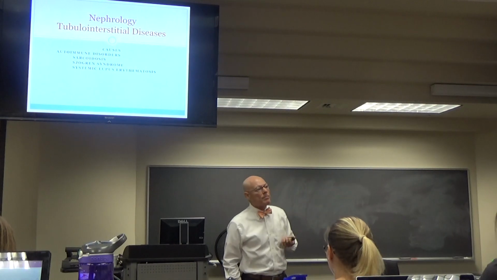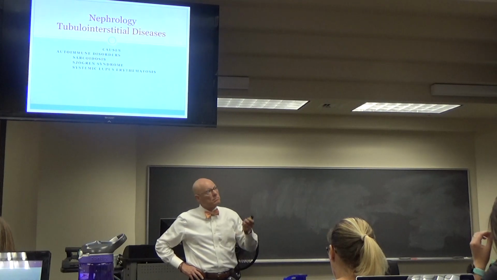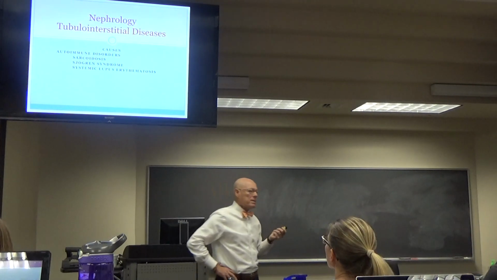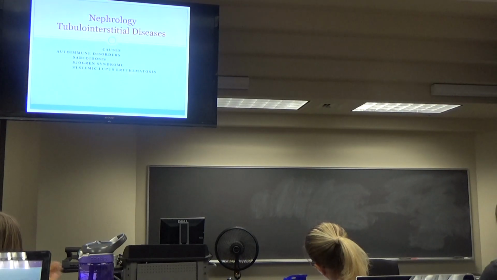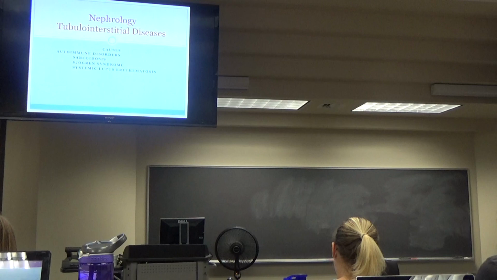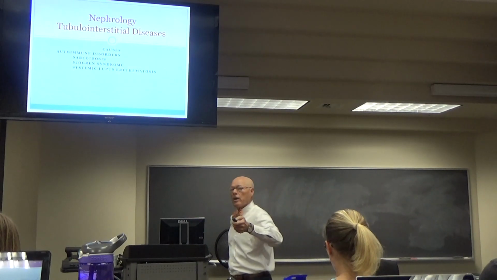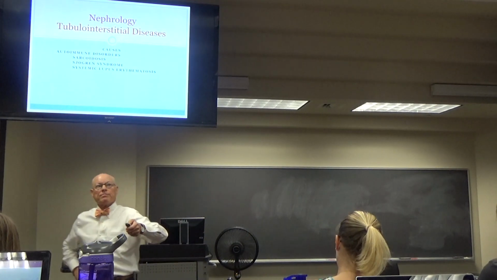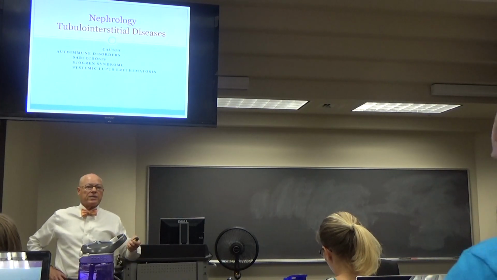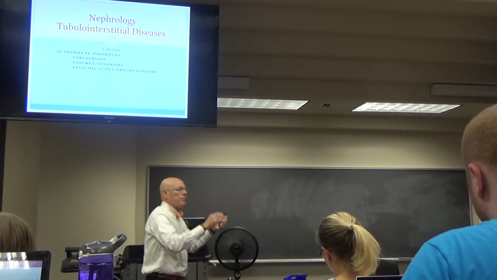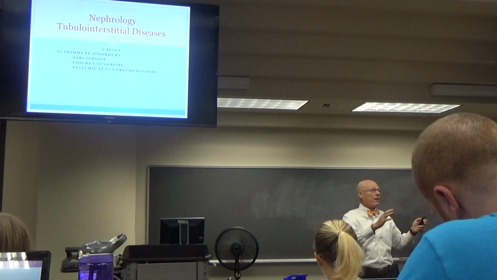Now, here's the other problem with these kidney diseases. Commonly, not necessarily here, but commonly you have to have a renal biopsy to figure out what's going on. In these 3 diseases, with the autoimmune disorders, if they come in with renal disease due to an autoimmune disease, they usually have symptoms of the autoimmune disease other than the kidney. So you're placing your bets. You're saying, well, they have dry eyes, dry mouth,